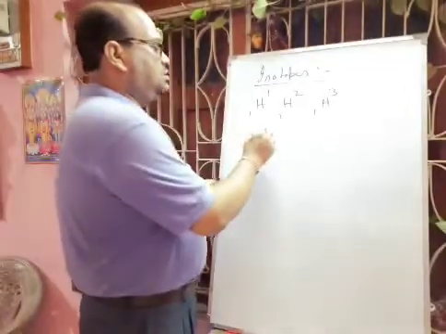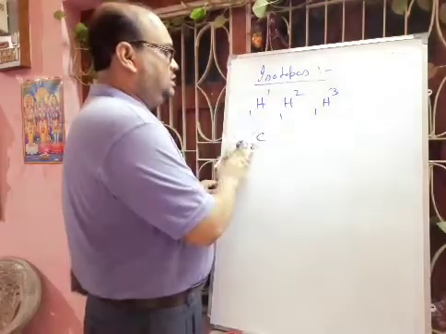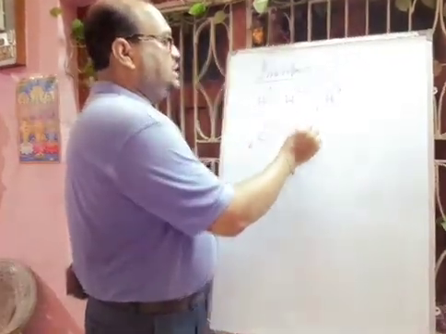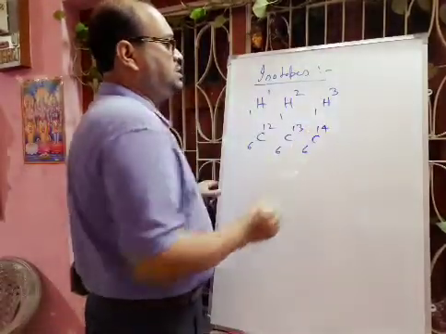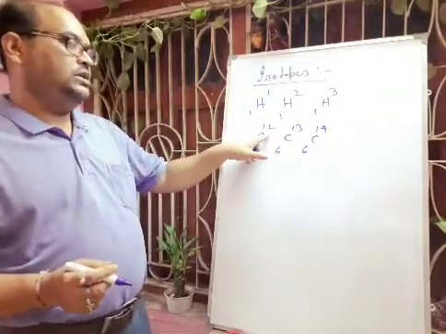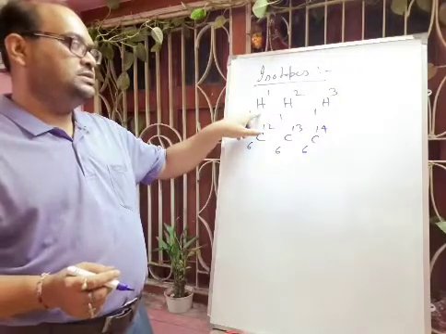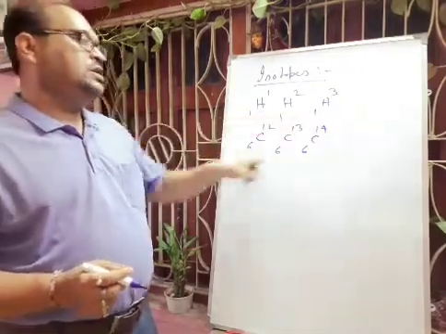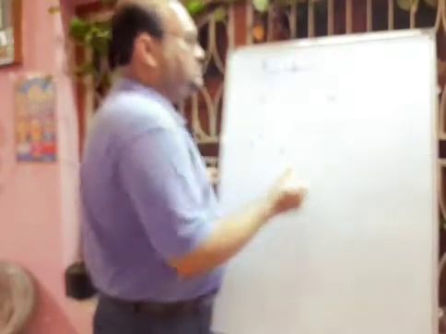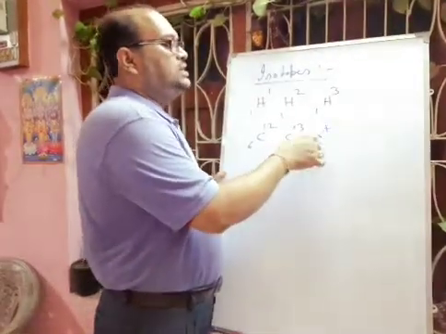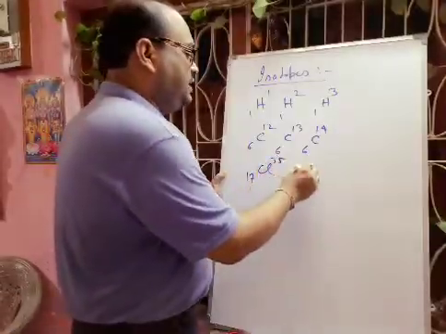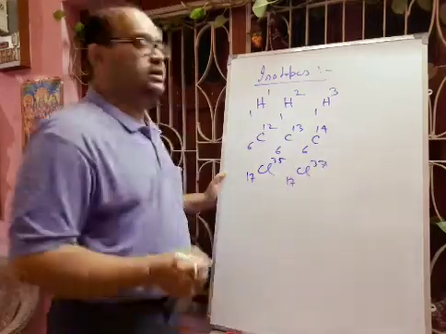Next, carbon also has 3 isotopes: C-12, then C-13 and C-14. Okay, so here one carbon, that is normal, that is 12, and its abundance is very high. Here also its abundance is very high, and they are less abundant. Now this C-13 and C-14, their percentage in carbon is very less. And this is C-13 isotope, this is C-14 isotope. And chlorine has 2 isotopes, chlorine-35 and chlorine-37. Okay, hope you can understand.